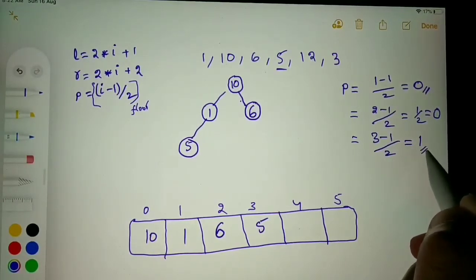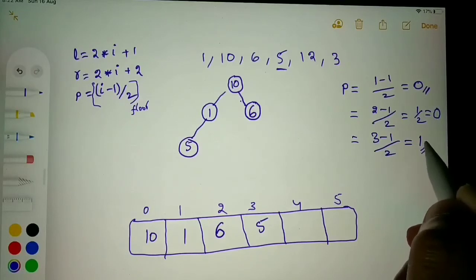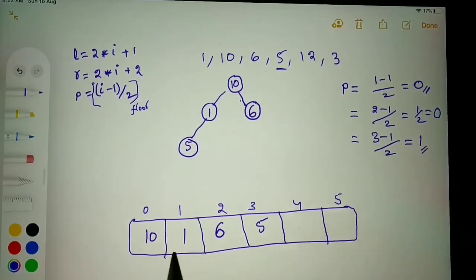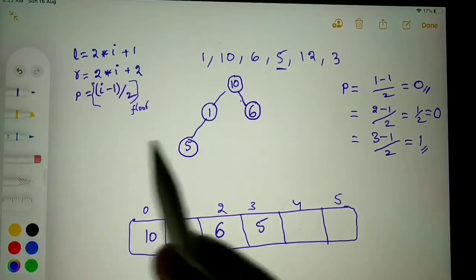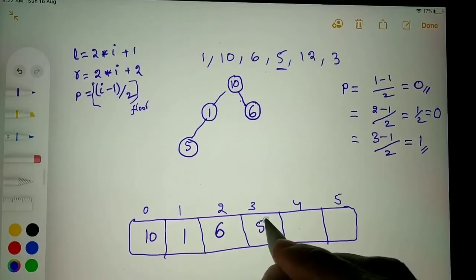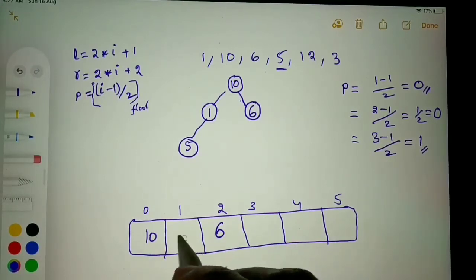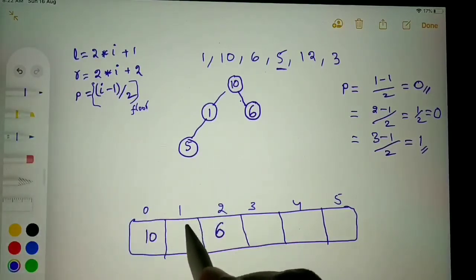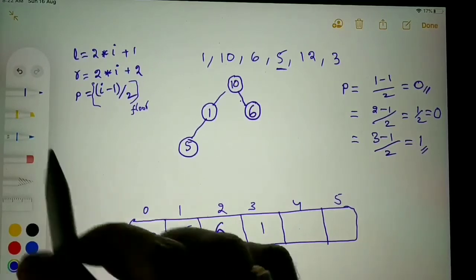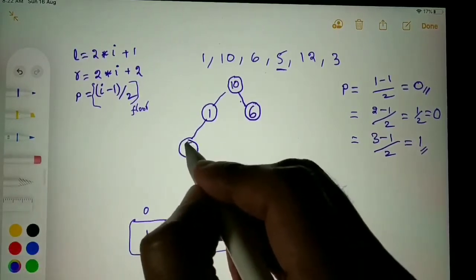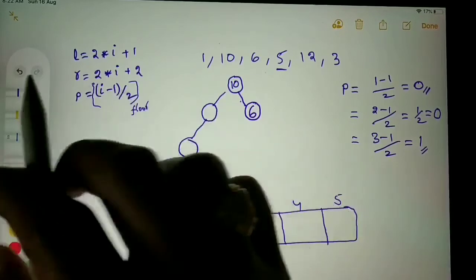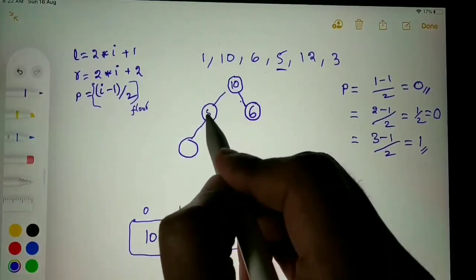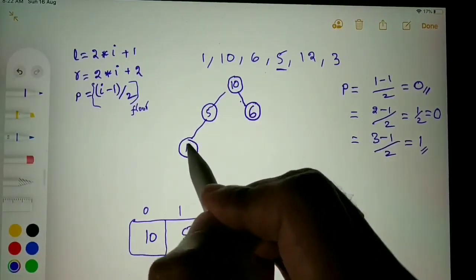We will compare 5 with the value which is at index 1, that is 1. 5 is greater than 1, so we will swap these two. 5 should come here and 1 should come here. In the tree also I will update. 5 should come here and 1 should come here.